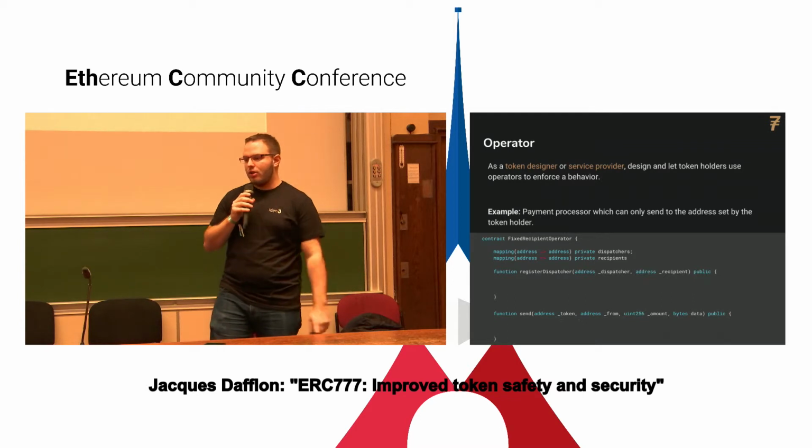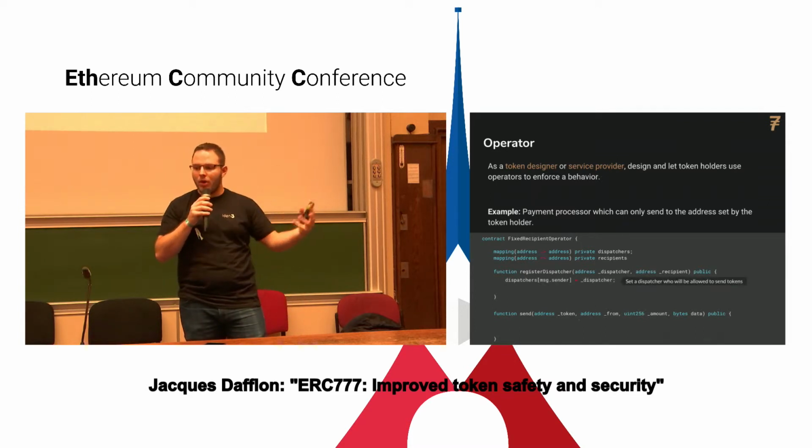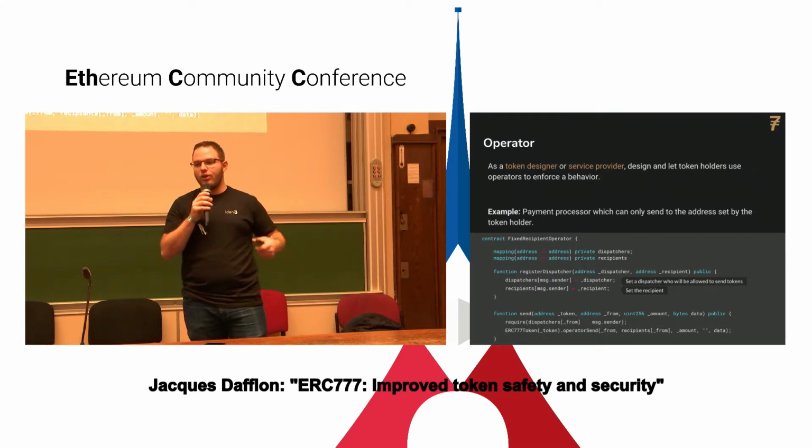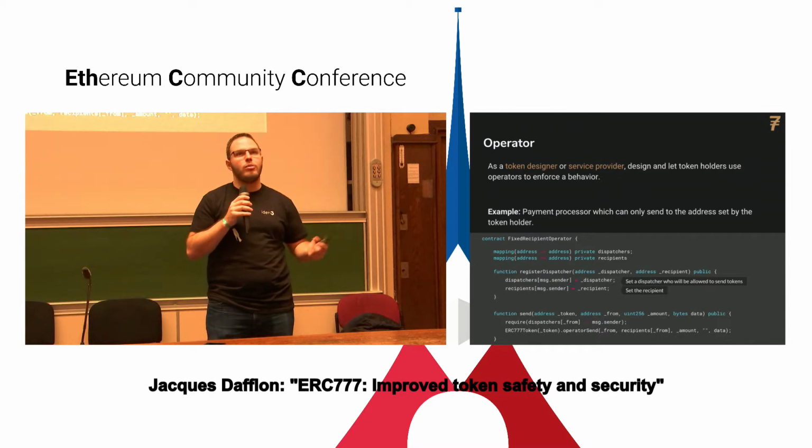For operators, here we have payment processors. So what happens is you define a dispatcher, an address that can basically spend your token through that operator, and you set the recipient address. And then what you have is a simple function, and this address can spend your token, but they can only send it to an address you decide. And that means you can authorize a third-party payment processor to do transfers on your behalf, but you always control who receives the token. And you can imagine a service like this where this service does your transaction for you in a safe way, and you don't have to pay for gas, and maybe you pay a monthly subscription for that service.